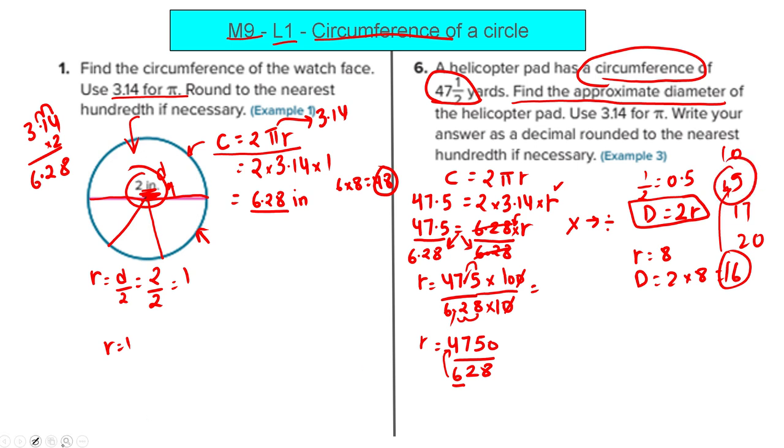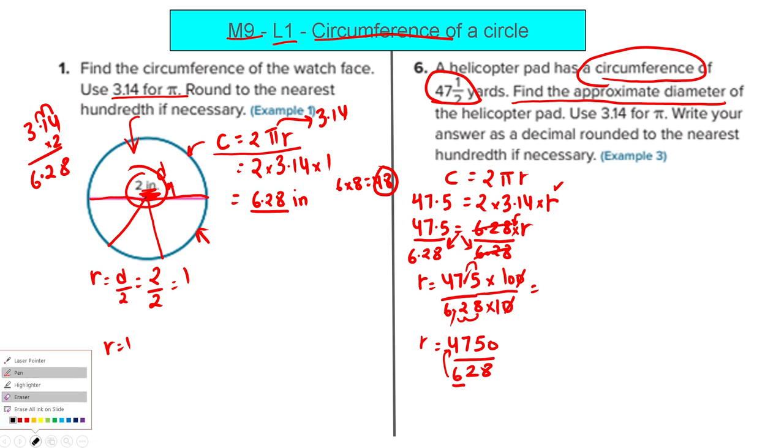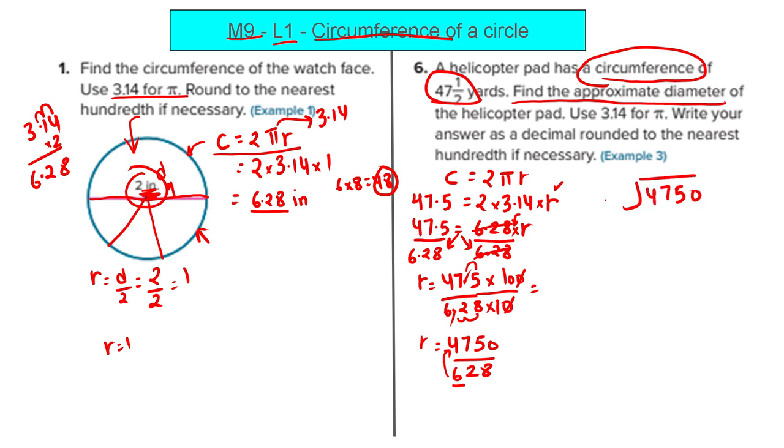But let me show you how to do the multiplication properly also. Oh, sorry, the division properly also. Okay, erase all of this. Okay, let us do the divide now. So 4750 divided by 628. Okay, now again this is 6 and this is 47, and I should take 6 times